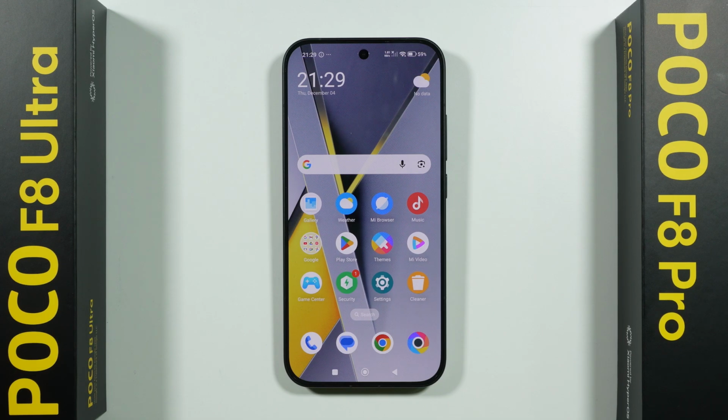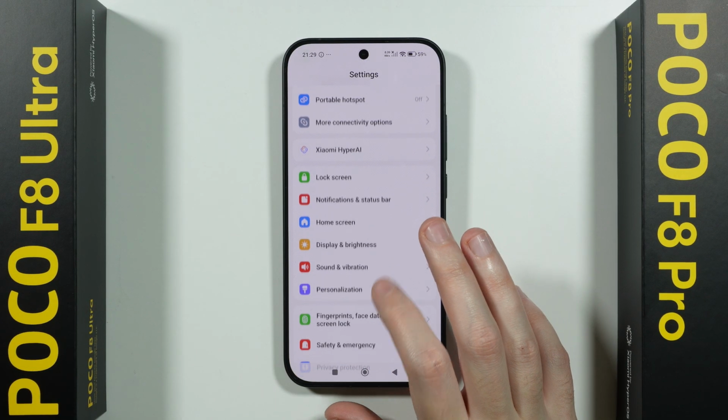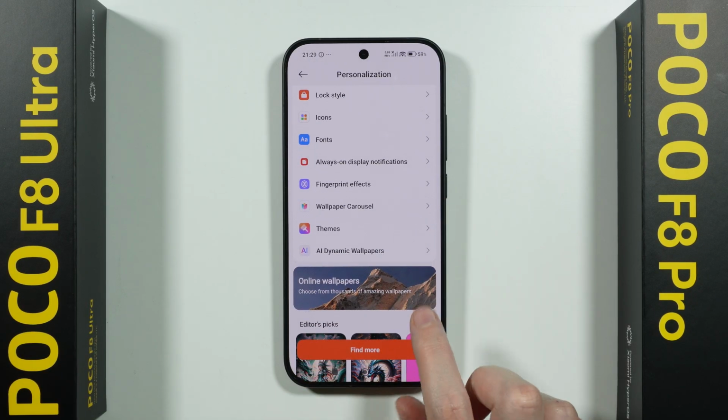If you want to get a dynamic wallpaper on POCO F8 Pro or POCO F8 Ultra, all you have to do is go to Settings. Next, in Settings, scroll down a little bit in order to find Personalization, and then in here look for